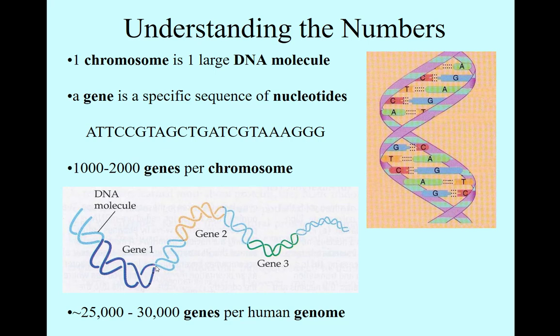Okay? So given the fact that 1 chromosome equals 1 DNA molecule, and you have 46 individual chromosomes or 23 pairs, we can calculate we have about 1,000 to 2,000 genes per chromosome because we have about 25,000 to 30,000 genes in the entire human genome. And the entire human genome is a phrase that means every single A, T, C, and G from every one of your chromosomes. If we can identify your entire human genome, and that's what the Human Genome Project was,